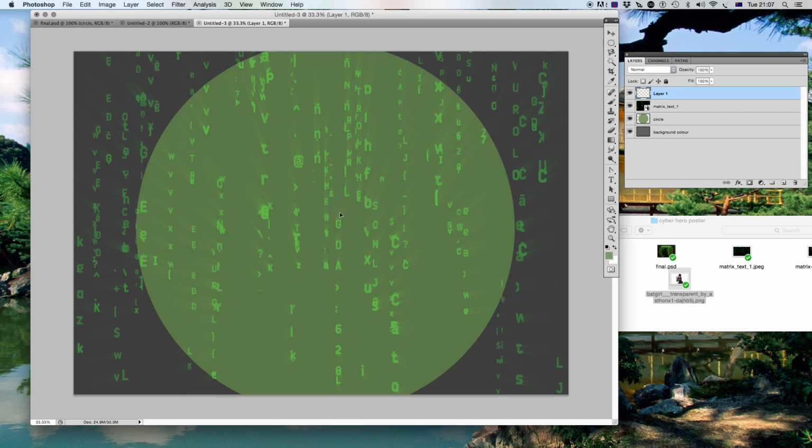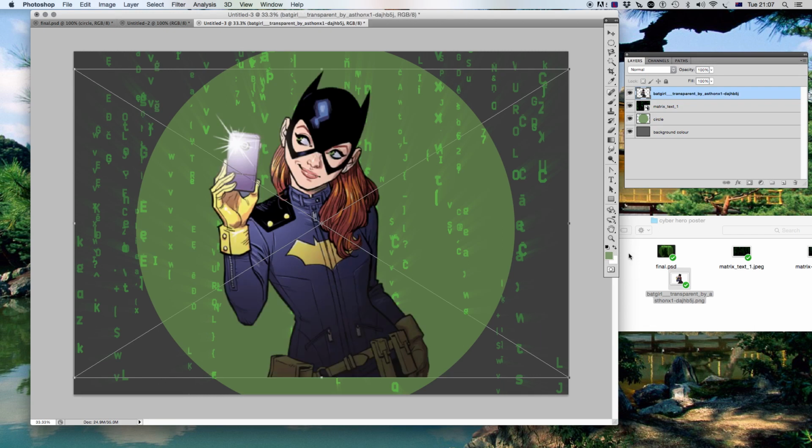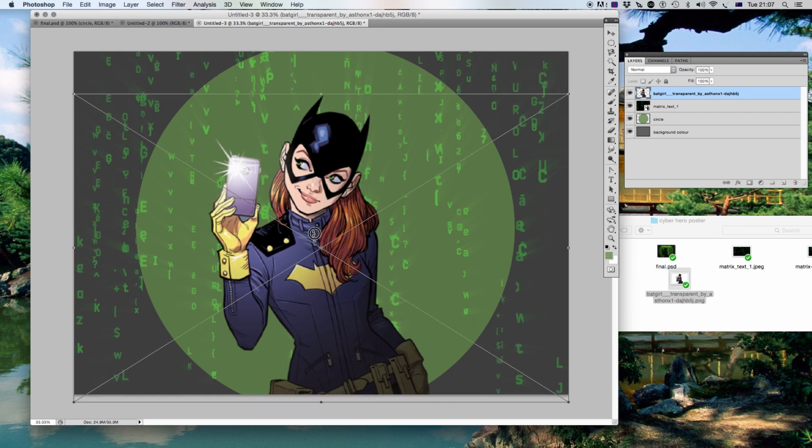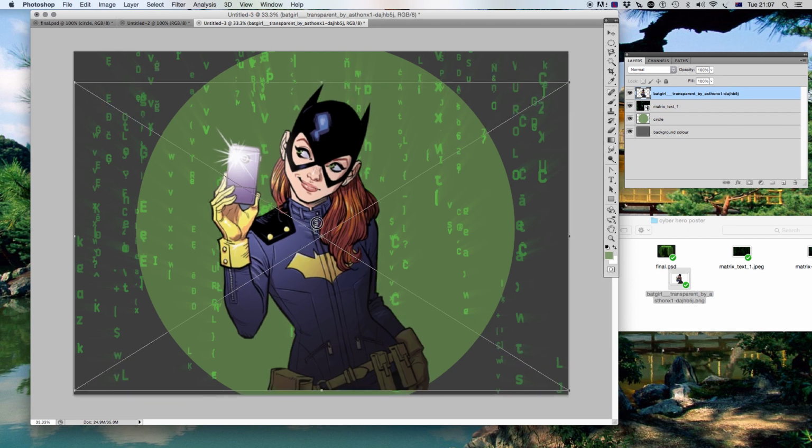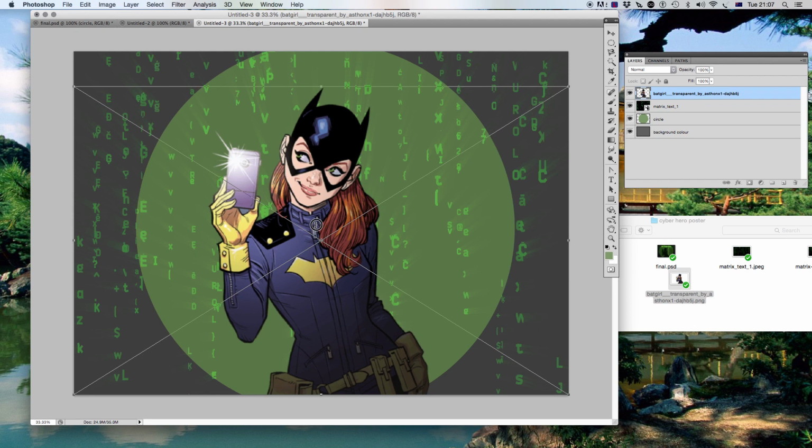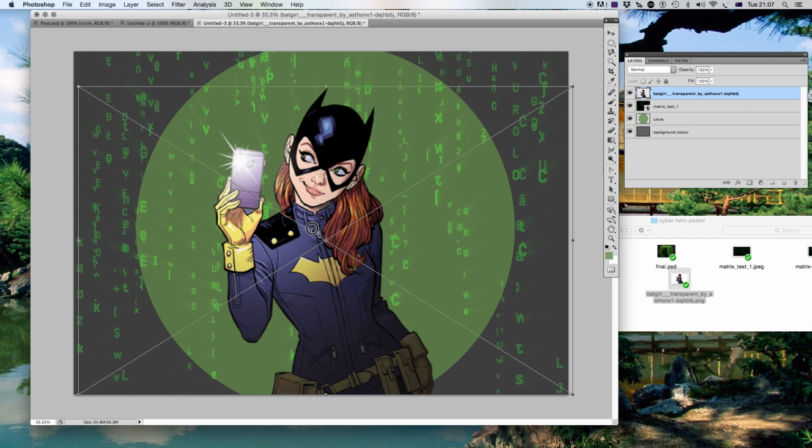So it's got a white background, and it's actually got a transparent background. Now I won't resize Batgirl, but I'll actually drag her so her body is coming up like that. I don't want her floating in midair. So that looks about right to me, sort of roughly about centre. Could be a bit off centre, you might experiment with that. So double click. Now that's Batgirl there, and I don't want to use that because I just want to use